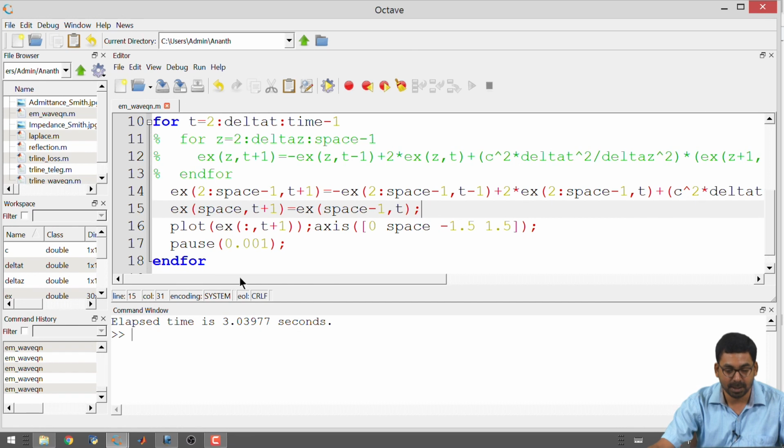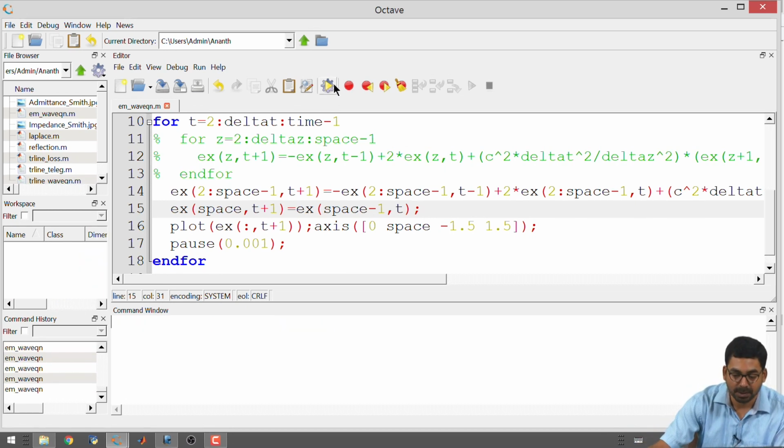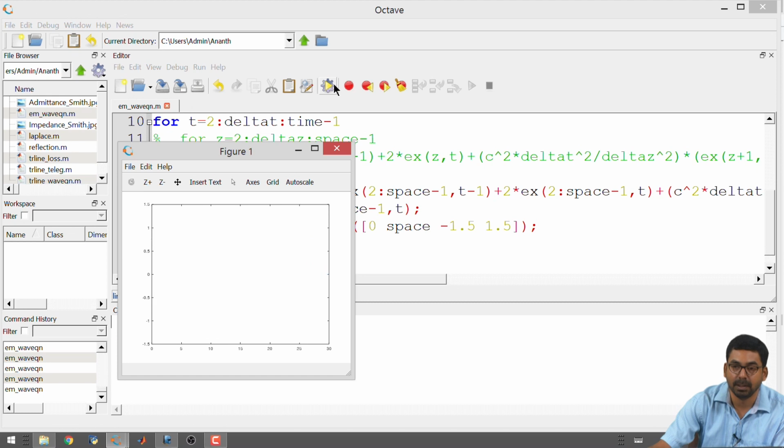So, this boundary condition is known as an absorbing boundary condition, though it is not doing any absorption. There are other names that are given to this boundary condition. People call it transparent boundary condition, people call it infinite boundary condition, etc. Depending upon the software that you use, they may have different terms for it and slightly different interpretations or names for it. So, this is a condition that one could use to make sure that no matter how small your space is, the wave travels through your system only once. So, once again I will run this just to show you that it travels only once.